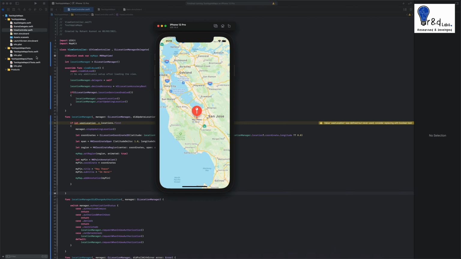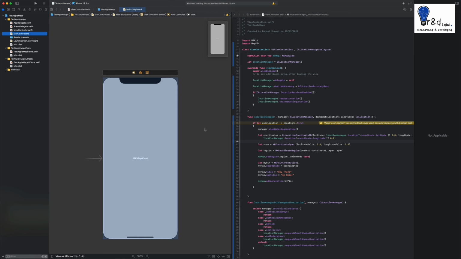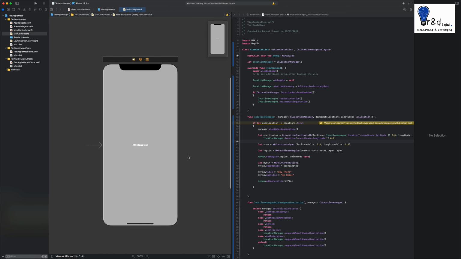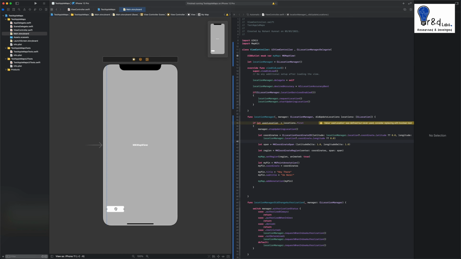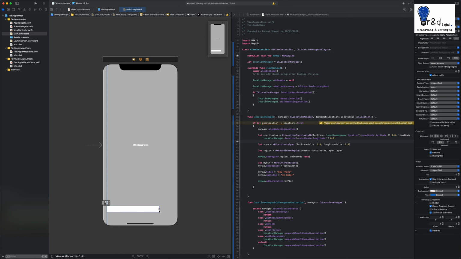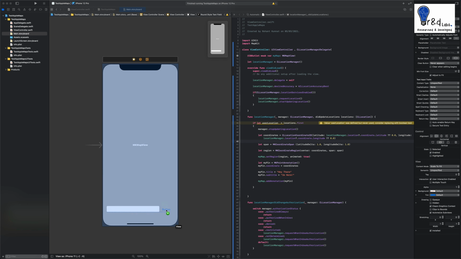First off, we are just going to head over to our Main.storyboard, and over here we are going to drop in two controls. The first one is the UI text field, the second one is the button. So let's go ahead and add that. Let's say the text field is here. Let's drag this and make some room within it, and the next control that we're going to drop in is a button. Let's make this a bit smaller,